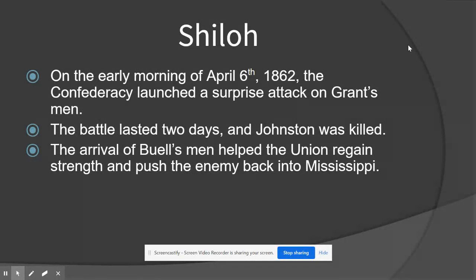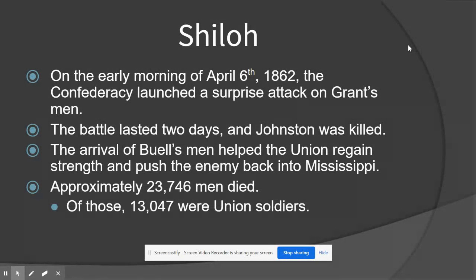So again, our location is Shiloh, Tennessee. There's our date, April 6th, 1862. And the winner, if the South is having to retreat, the winner of this battle is the North. Now, we are going to see approximately 23,746 men die. Of those, 13,000 of them are Union soldiers. So we're going to have a little bit of a heavier loss than the Confederacy, but we will still win